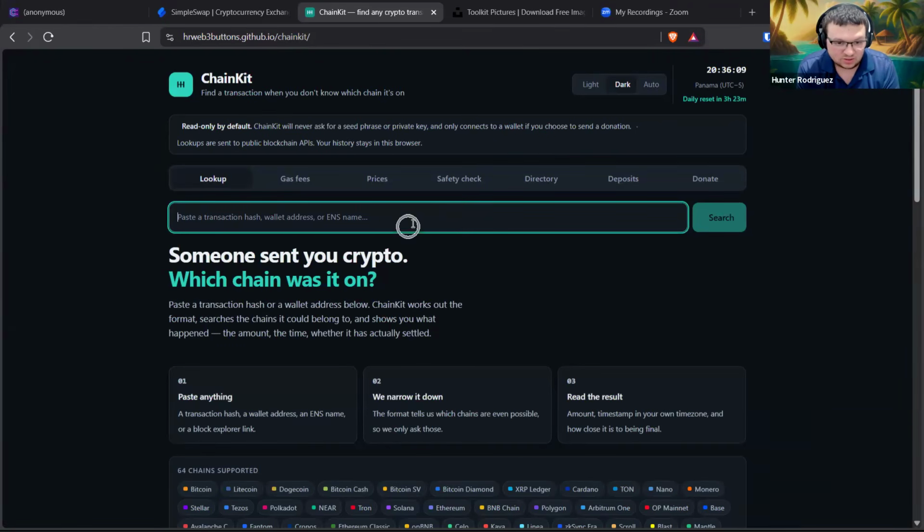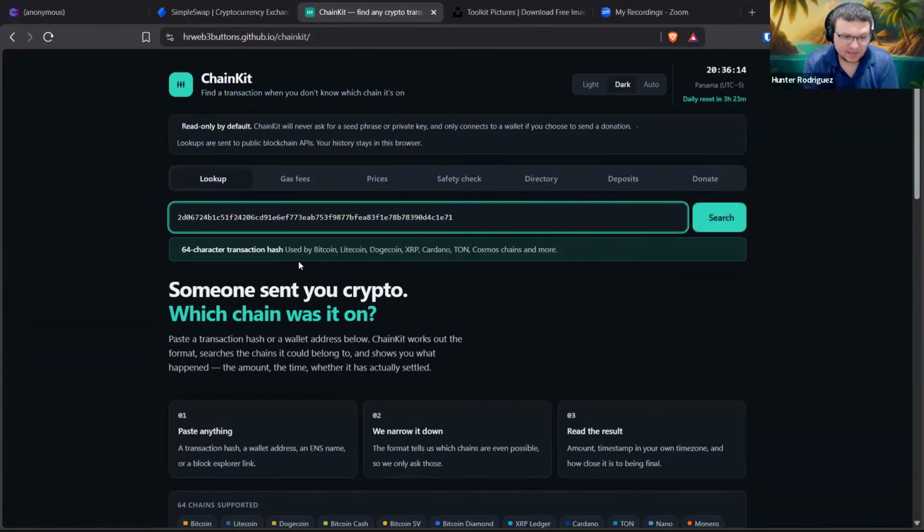So I'll go ahead and paste that Bitcoin transaction hash into this field. And you can see that ChainKit detects that this is a 64 character transaction hash. And this is the type used by Bitcoin, Litecoin, Dogecoin, XRP, Cardano, Ton, and Cosmos chains, among many others. So it's just going to check the chains that I've listed that match this format. So we'll go ahead and click on the search function,